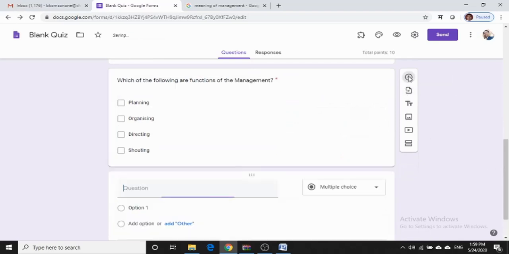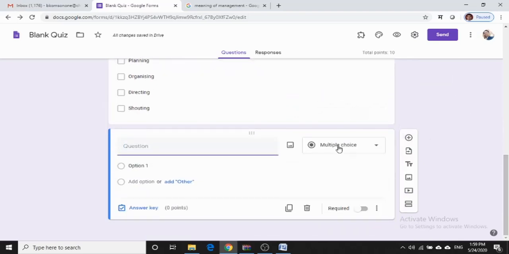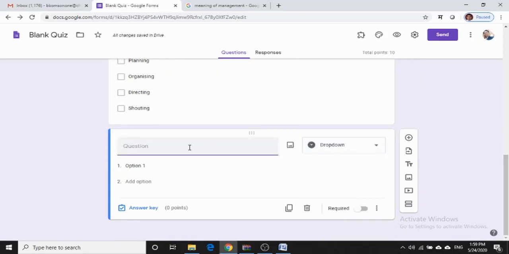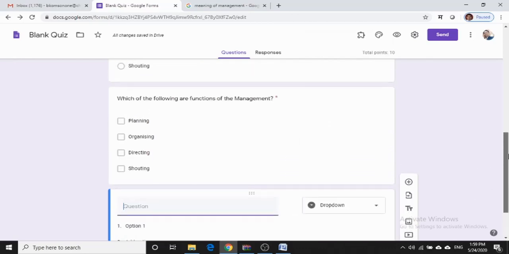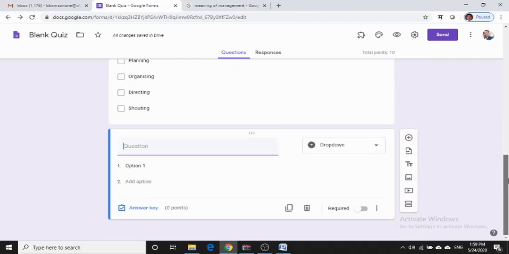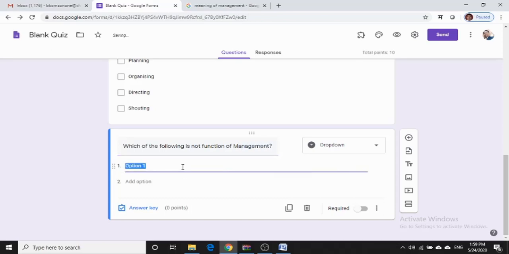Now another type of question we will include for the student. We will use the drop down. What is the drop down? We can give the same question here: which of the following is not function of management. Now there are various types of options: